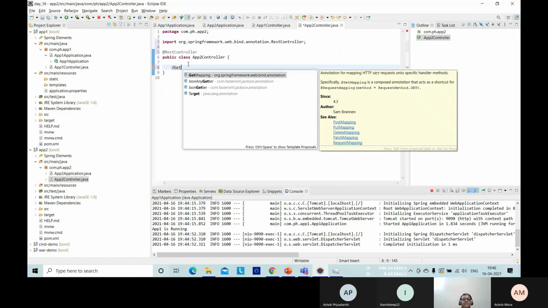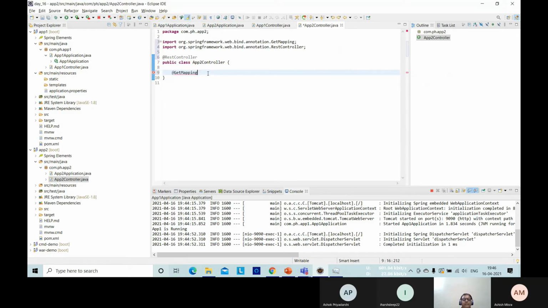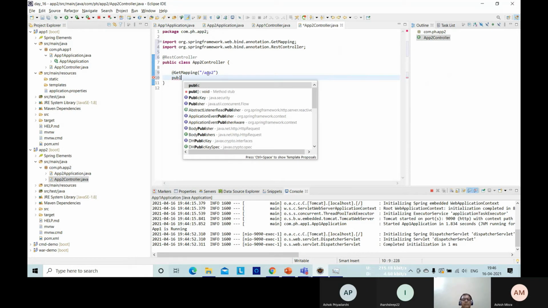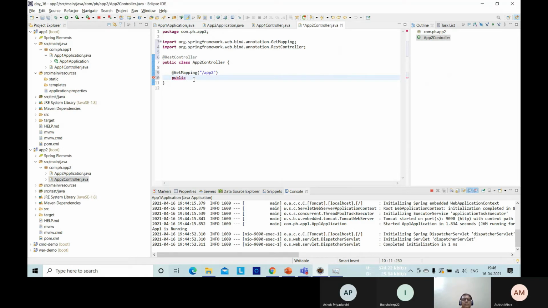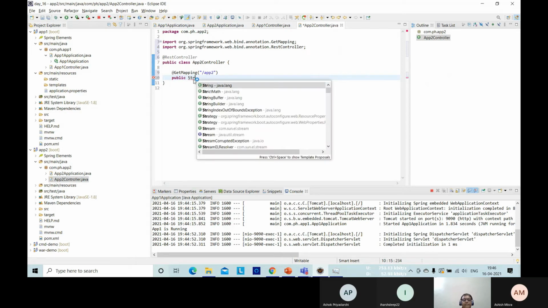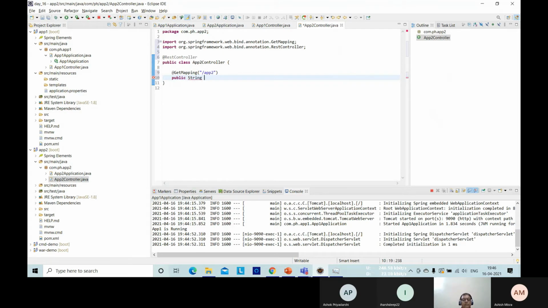GetMapping, हम यहाँ पे app2 देंगे. public String, है ना, कोई भी method name, in that controller what I had given.